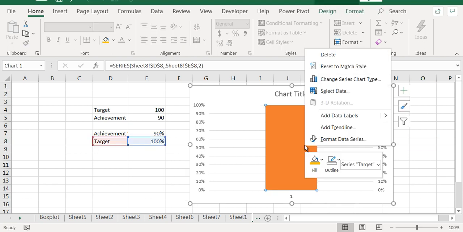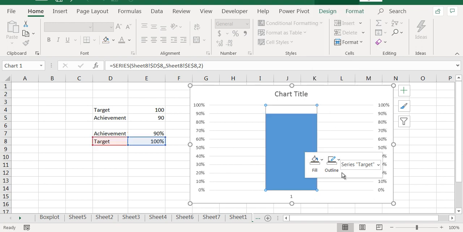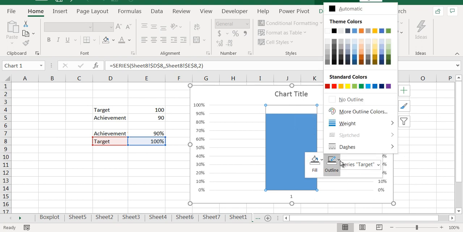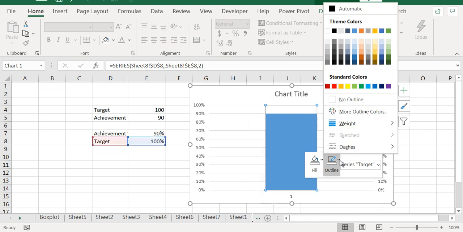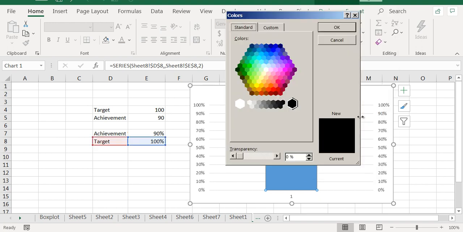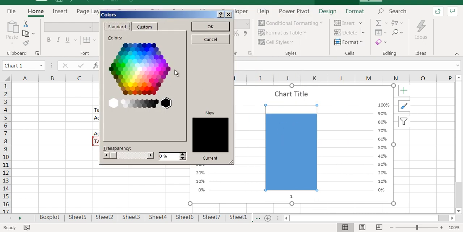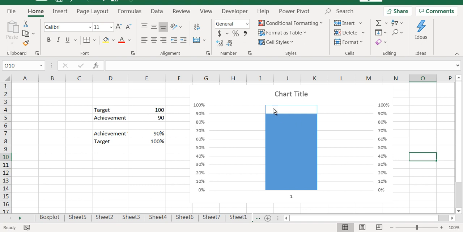Then what we'll do is we'll make the fill of this no fill. So that was the target. Target, we are making it 100% no fill. And then we'll make a change in the border. So border, I would want to make outline, and you want to make some color. I want to make it blue color so that it overlaps with this. And so what I have done is this one was 100% and this is 90%. So it looks like this one.